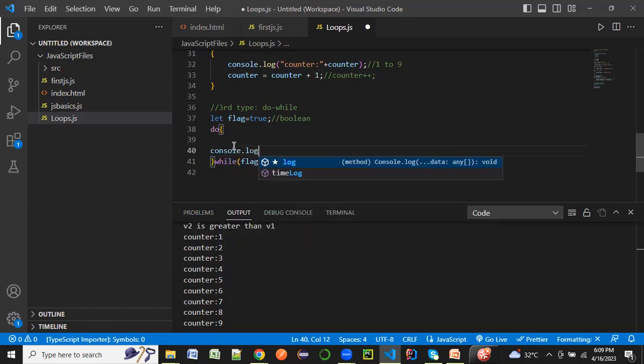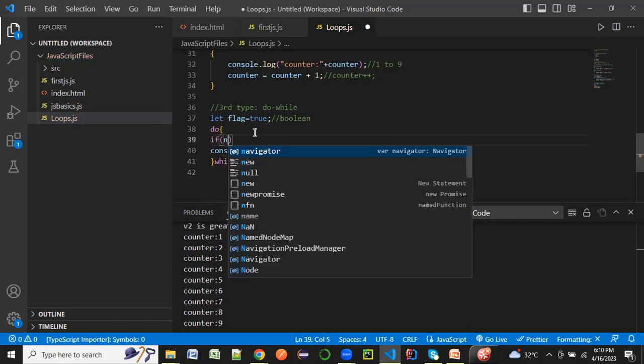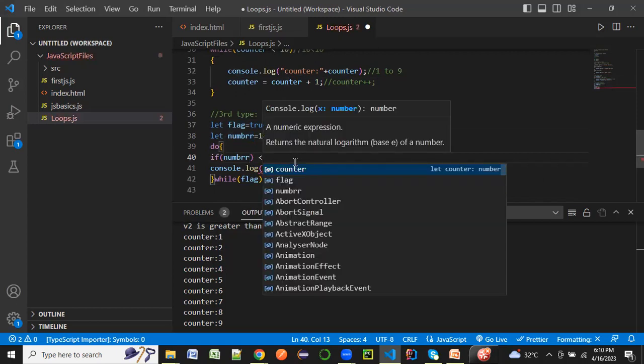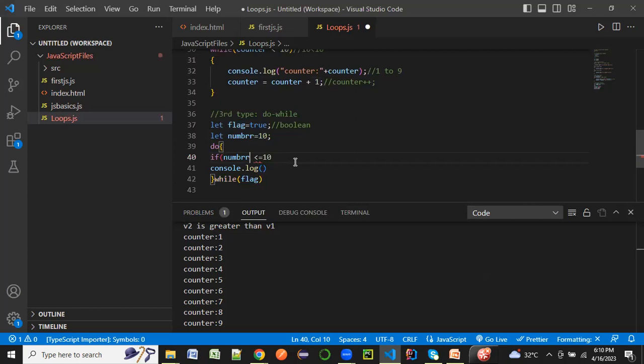So let's say here, for example, console.log. And I'm just going to do a simple check here. Let's take a variable here, let's say number equal to 10. If number is less than or equal to 10. Since it's a condition, I have to put it within the parenthesis. If number is less than or equal to 10,